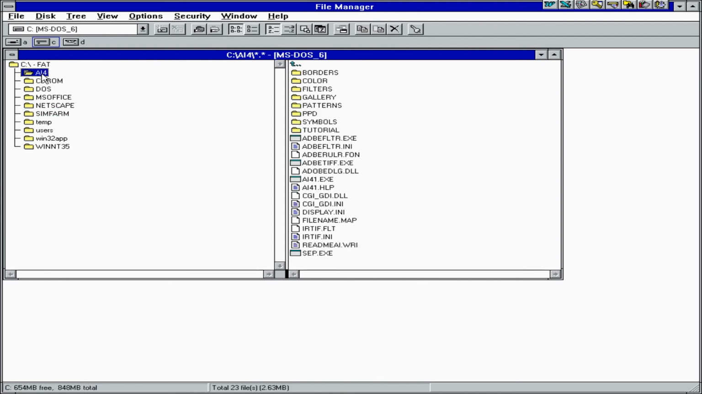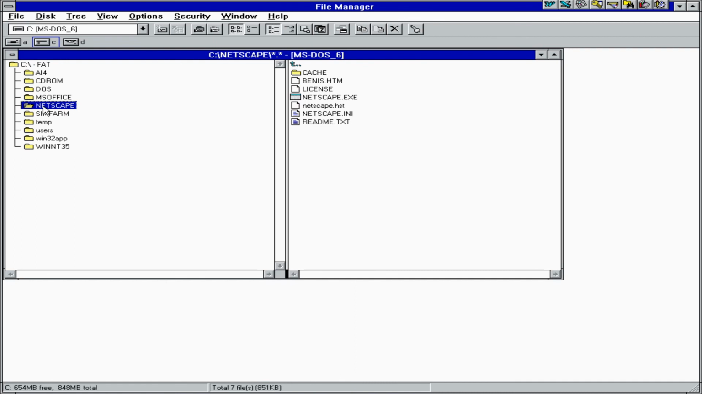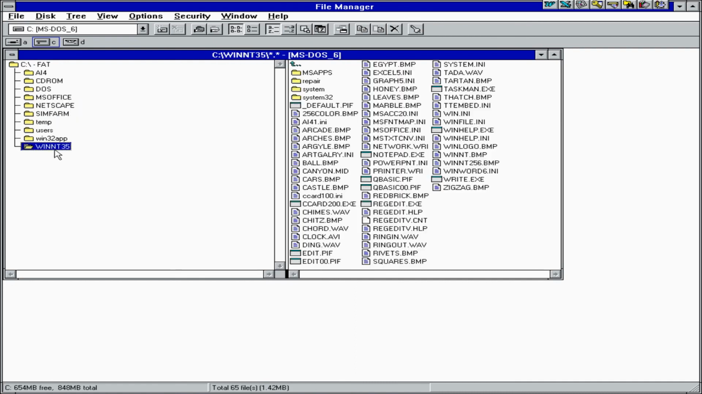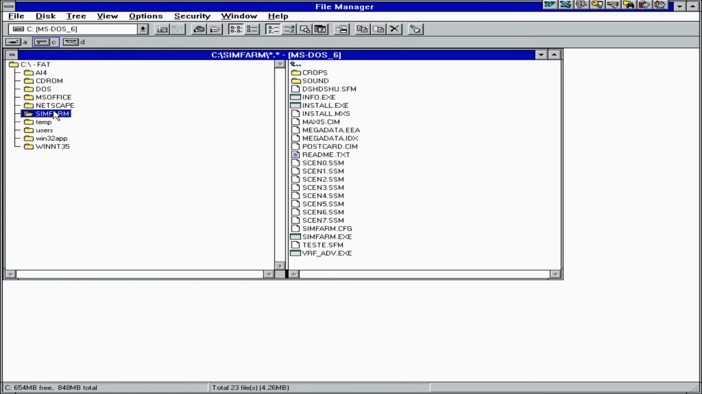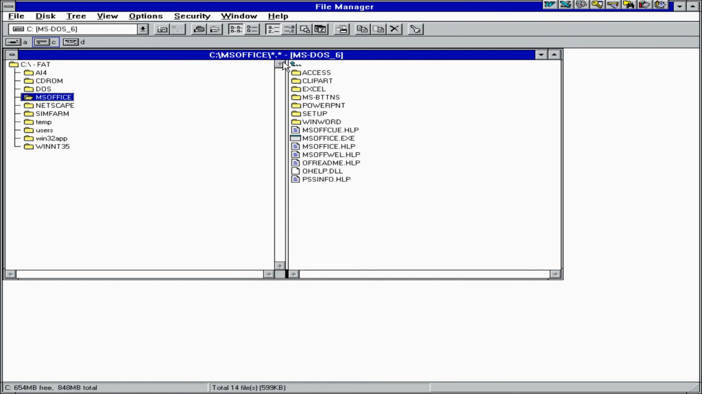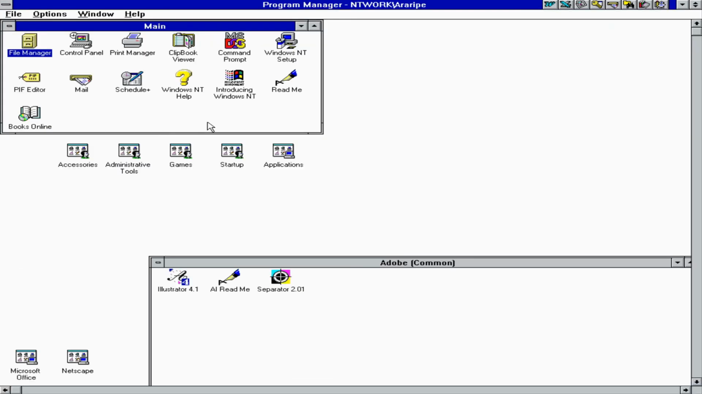So what is that? Is that another game? No. Oh, it's Illustrator. Never mind. We have Windows NT base folder, users folder, debris. What is that? Setup. Netscape. Yeah, it's still pretty plain. We're still getting stuff installed. But yeah,